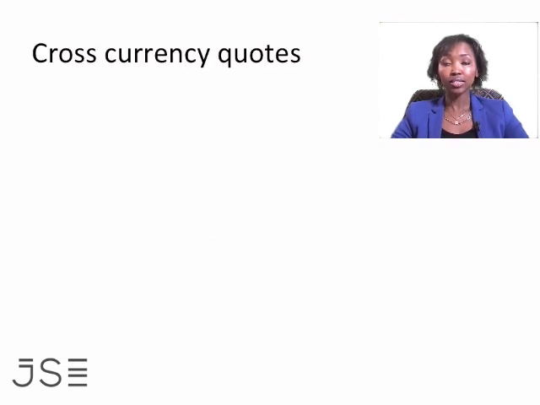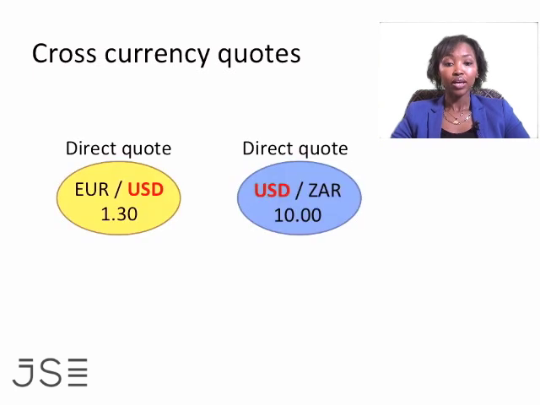If we wanted to look at cross-currency quotes, let's say we're interested in a euro-rand quote, then we've got a direct quote of euro-dollar of 1.30, and then a direct quote of dollar-rand of 10 rand to $1. So if you notice, the euro-dollar quote is slightly different to the dollar-rand quote that we've looked at before, because now the euro is the base currency and the dollar is the quoted currency. But then when you look at the dollar-rand quote, the dollar is the base currency and the rand is the